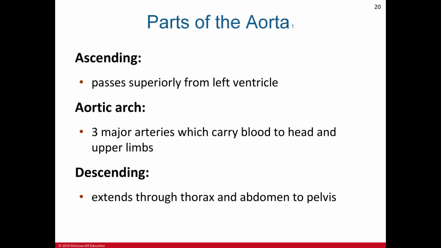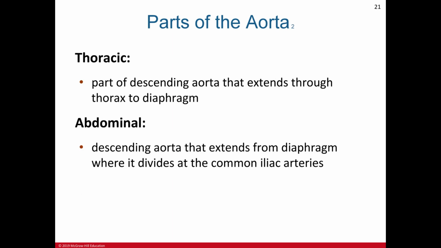So three major arteries carry blood to the head and the upper limbs. Next is the descending aorta, which is divided into the thoracic and abdominal arteries. So the descending aorta, as I have said a while ago, is divided into two: the thoracic aorta and the abdominal aorta. So the thoracic aorta is a part of the descending aorta that extends through the thorax and to the